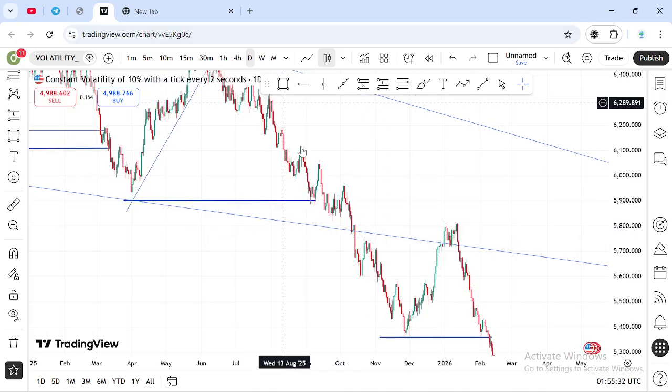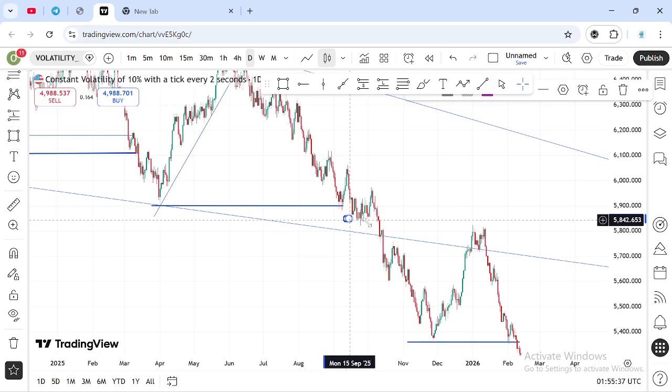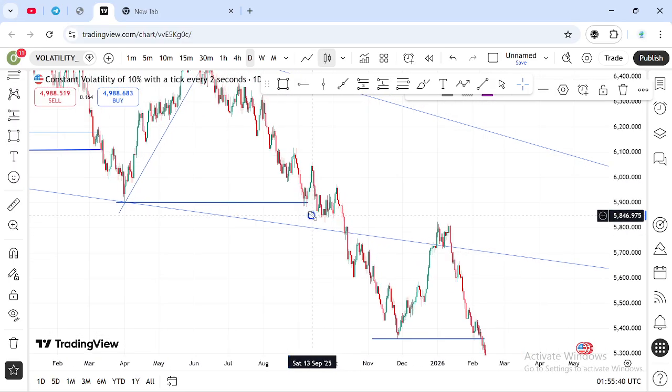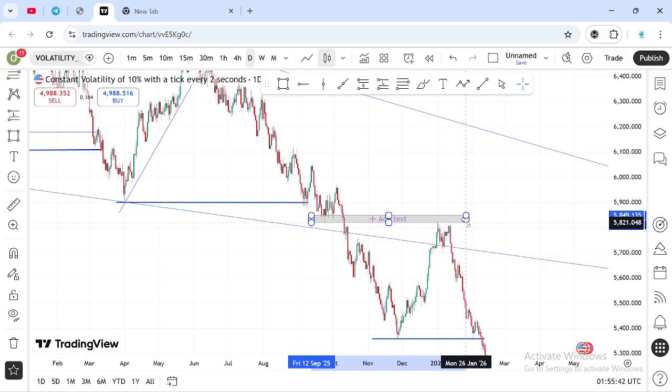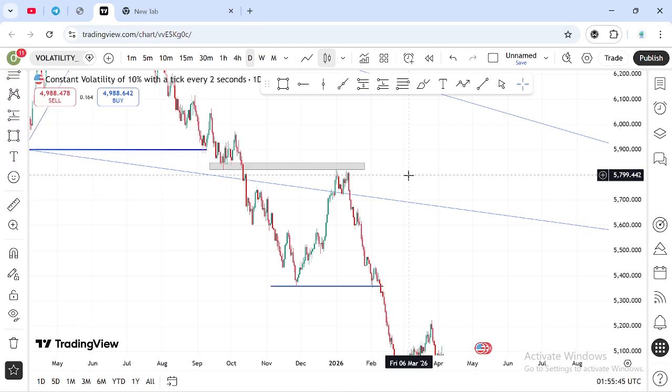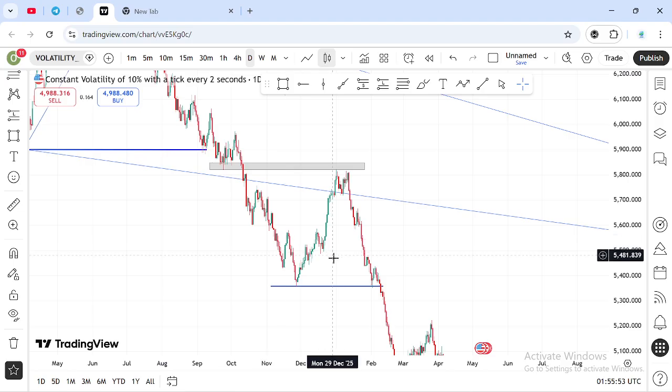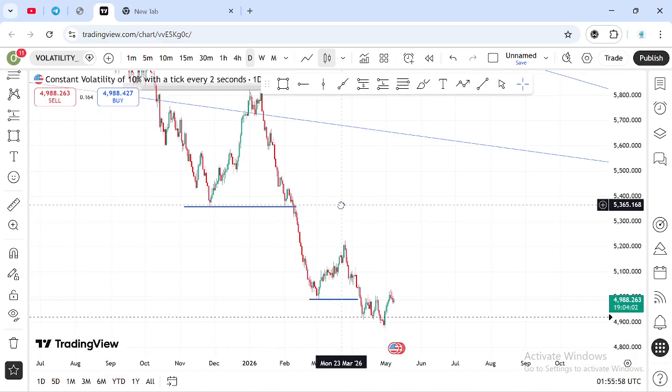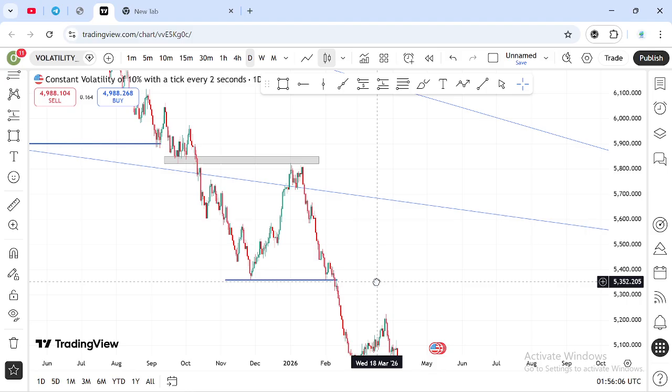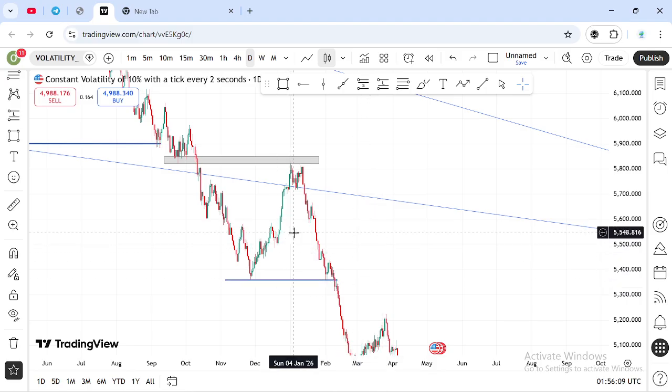So guys, this is how I do my analysis. I just calm down, go from the higher time frame. Because I'm not rushing today, that's the reason I'm taking my time to break it down for you. So I tend to connect the dots from how price has been moving. That will help my brain to give a proper prediction, which most of the time will go my way or my direction. So that being the case,